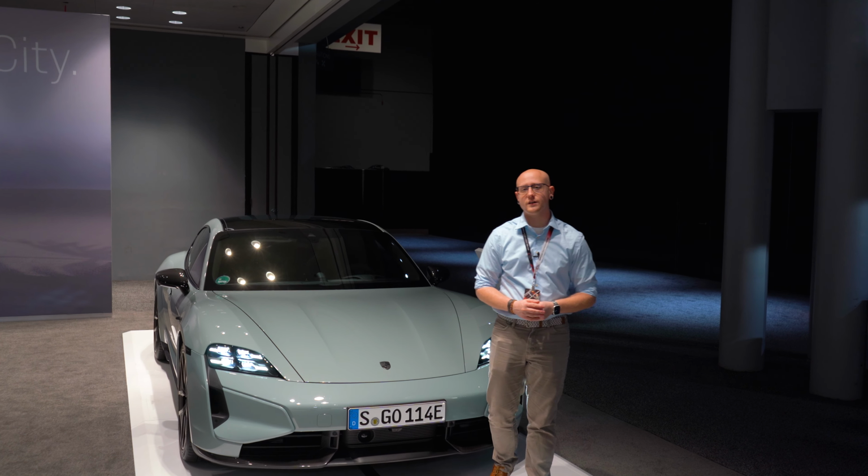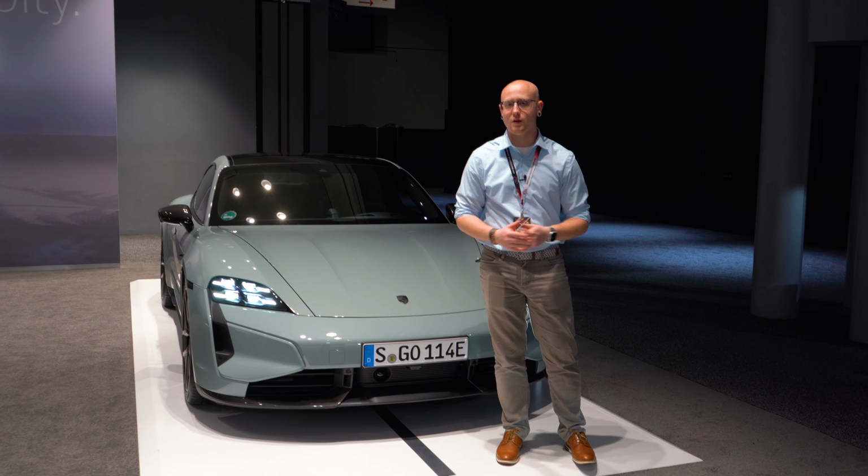This is the all-new 2025 Porsche Taycan Turbo S, and it has a lot to offer, including a first look